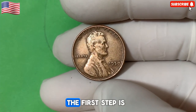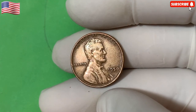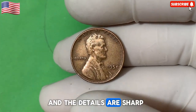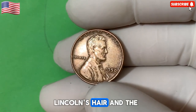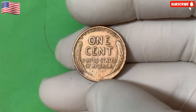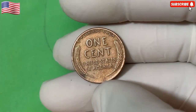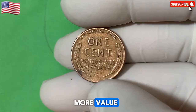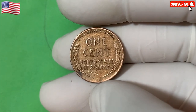Great question. The first step is to look at the condition. If it looks shiny, has no visible damage, and the details are sharp, especially Lincoln's hair and the wheat lines on the reverse, you may have something special. Next, look for the mint mark. Coins from Denver and San Francisco can sometimes command more value, especially if they're in pristine condition or show signs